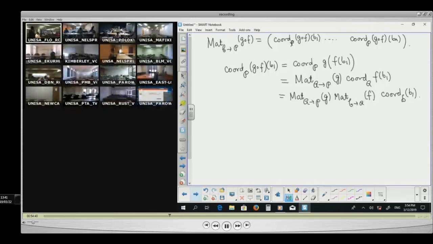So, there is nothing special about B1. This is going to hold for each one of them. But what is the coordinates of B1 with respect to B? The basis, we remember, B1 is the first vector in the basis B. So what is this one equal to? How can you write B1 in terms of, remember your base is B,